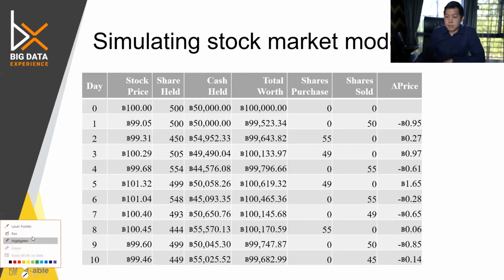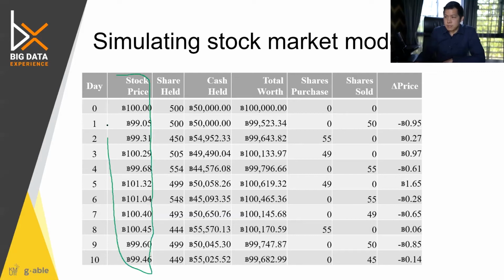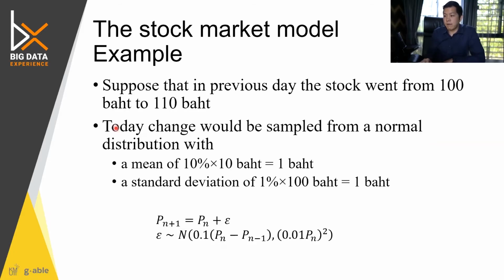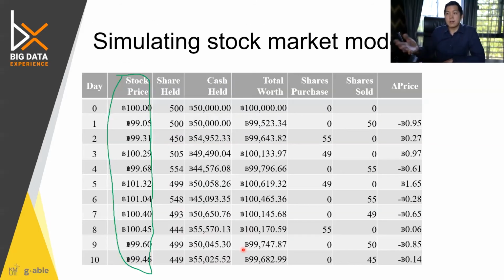So that means this column doesn't depend on the other columns. These columns come from the simulation, right? It comes from the simulation, using the equation that we have here. We just need to sample from a normal distribution and then add it to the values. Then you get the change. But you cannot do it